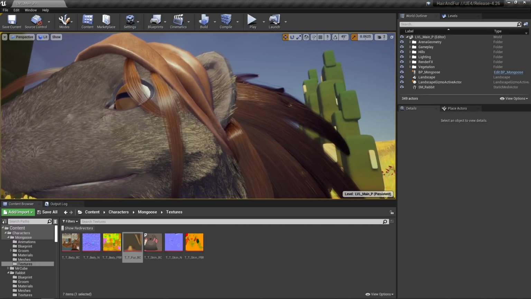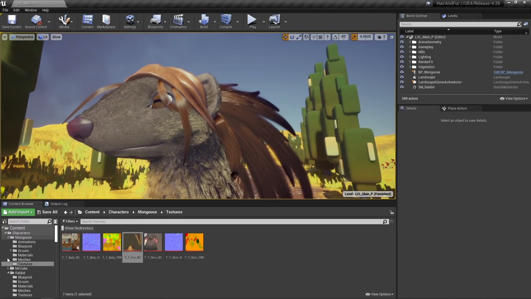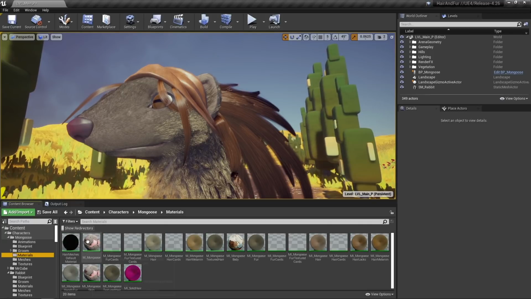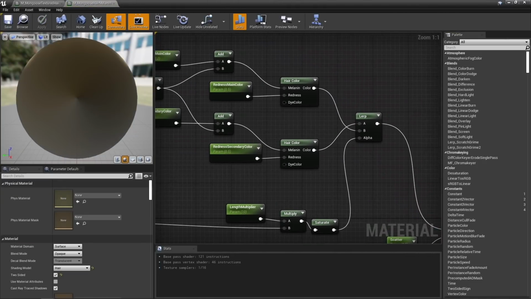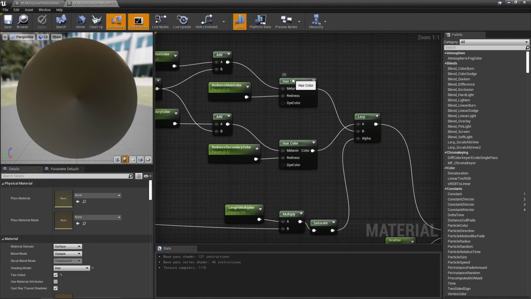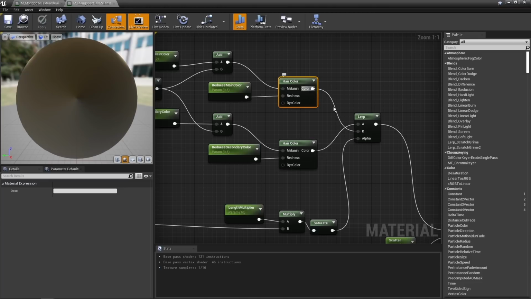For the hair, I wanted to experiment with the other node that is provided by the system. So this hair melanin material is using the hair color node that, as I said, generates a color based on these 3: melanin, redness, and dye color. So if we want to dye our grooms, we can also do that by setting this input.